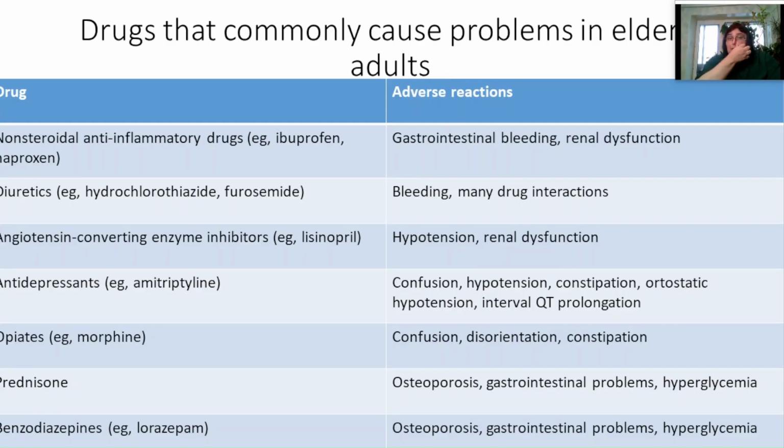Drugs that can cause problems in older adults. It can be non-steroidal anti-inflammatory drugs, ibuprofen, naproxen: gastrointestinal bleeding, renal dysfunction. Diuretics, hydrochlorothiazide, furosemide: bleeding, many drug interactions, plus falls, and hydrochlorothiazide. You remember it can be when it's long prescribed and long administered. It can be non-melanoma skin cancer, with a risk factor of